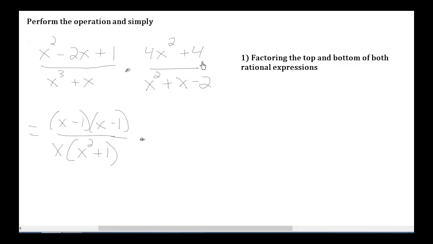Now this one, I can take a 4 out of both, which leaves me with x squared plus 1. On the bottom, another trinomial. So I've got a leading coefficient of 1, and I'm looking for two numbers that multiply to minus 2 and add to 1, and that's going to give me x plus 2 and x minus 1. Now that everything's factored, the next thing you do is